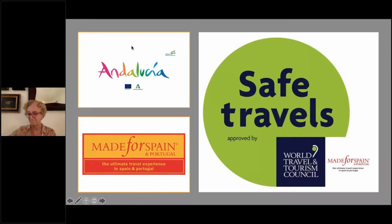Wonderful. Okay, how about the average nightly cost for the top hotels in this area? Depending, the top hotel will be Finca Cortesin. I guess the others are two steps down. And Finca Cortesin, depending on the time of year and the category. I mean, but you need to think that